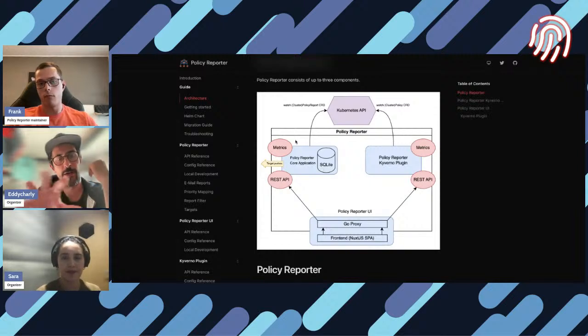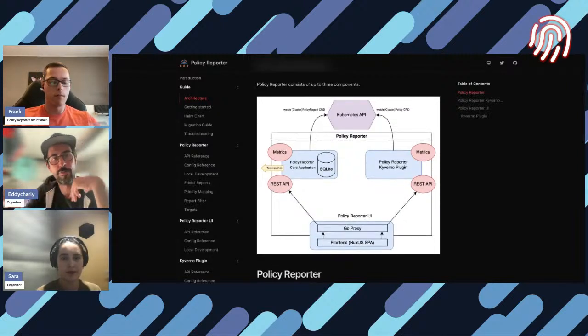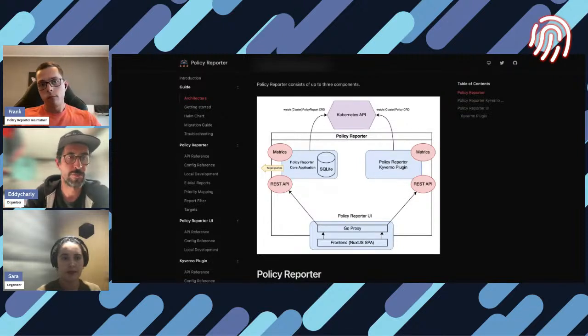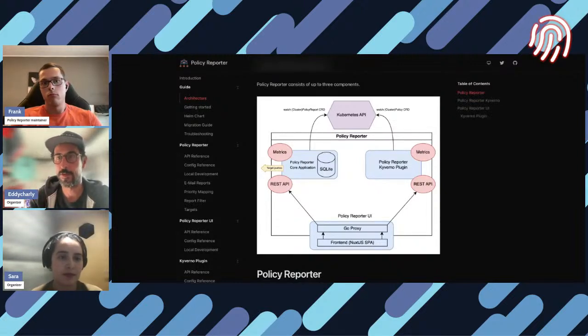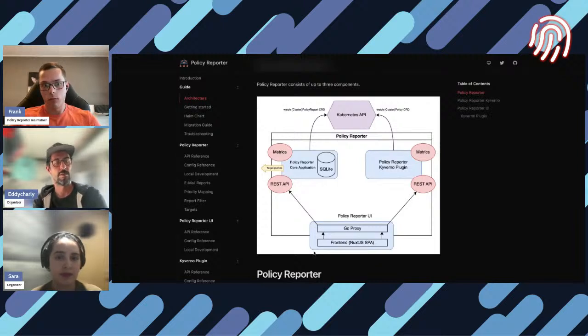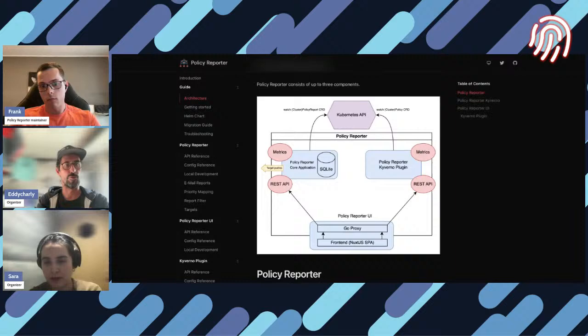Okay, and in this schema, let's say I'm creating my own policy engine. I'm producing policy reports, so the policy reporter will see my reports. Can I create my own plugin, or does the plugin need to live in the policy reporter repository? No, it's also a standalone component. So I can create one and sort of register it? Yes, I can. Let me showcase